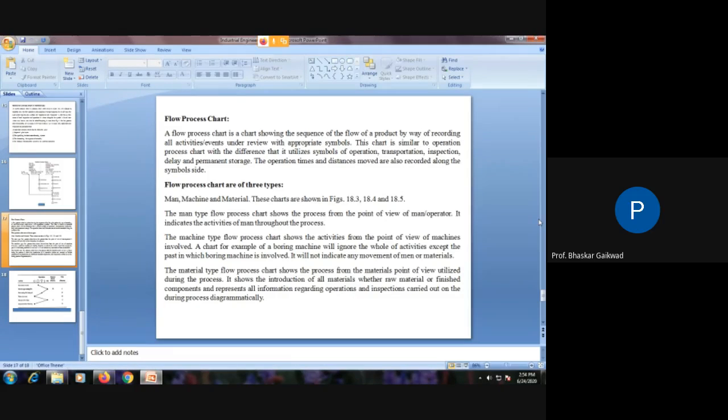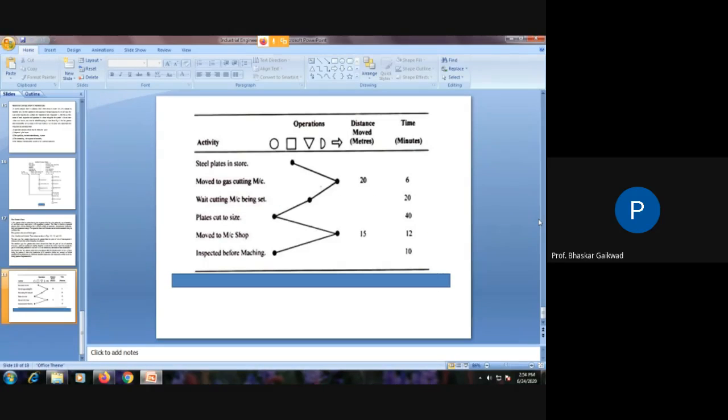Man type means here activity of man we have to consider. Machines, machine related problems you have to consider. Material flow of the materials from one place to the next place, maybe raw material, finished, or semi-finished material. So these are the charts normally used in industry. This is called flow process charts. Now here